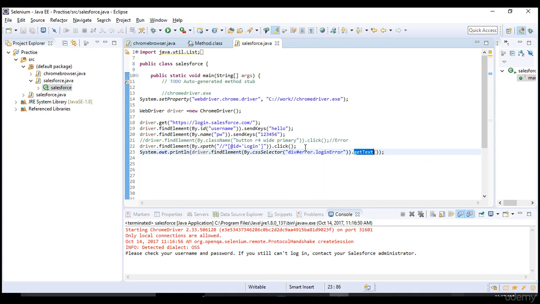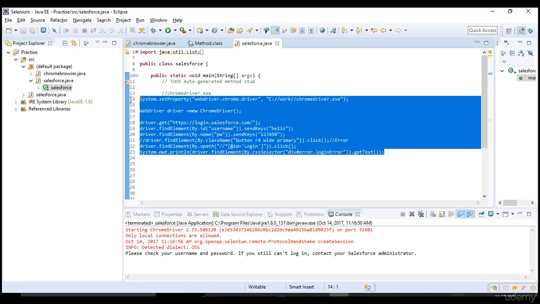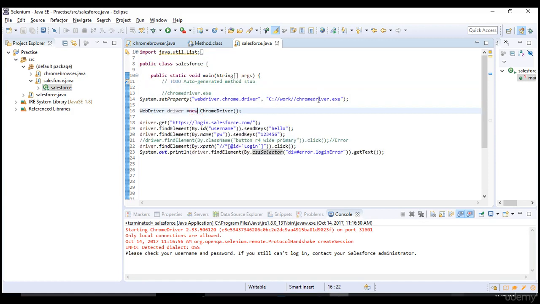You can click on any button or link or anything in your browser using the click method. You can type some information or input anything into the browser using the sendKeys method. And here you see we have dealt with ID, name, class name, XPath and CSS. Okay, so this makes a complete script, isn't it? And we are invoking it using ChromeDriver. You can use FirefoxDriver here and use the Gecko driver, so that the same test will run on Firefox. It's up to you. Same code you can use on any browser, and you can use the Internet Explorer driver here and set the webdriver.ie.driver property so that it invokes in the IE browser.